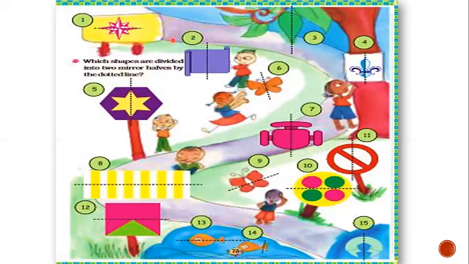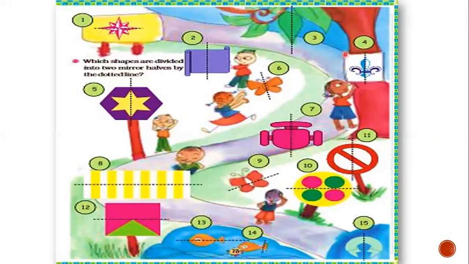Second one also same only. Here the mirror is kept in this position vertically. And if we keep this part in the mirror, we will not get the second part. So this is also not the mirror half. Third one, see, the line itself is not dividing the figure into two equal halves. You can see this part is bigger and this side is smaller. So it is also not the mirror half.